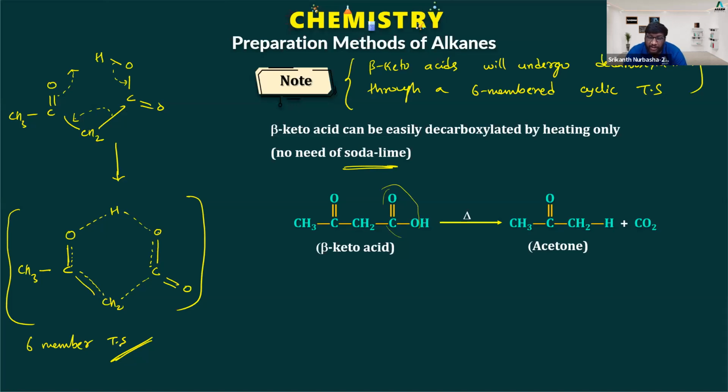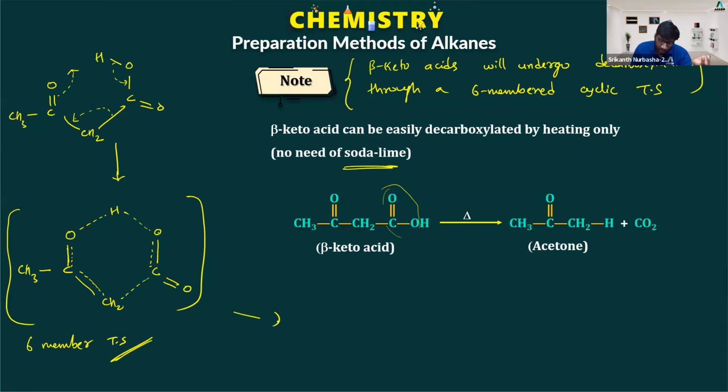How do the 6-membered rings exist, students? No idea? Chair form? Chair form, boat form, twist boat, half chair. This 6-membered transition state will also exist in chair form. It is not just cyclohexane which can exist in chair form; transition states can also exist in chair form, making the repulsions minimum. Because the 6-membered transition state can exist in chair form, which gives the least repulsions,